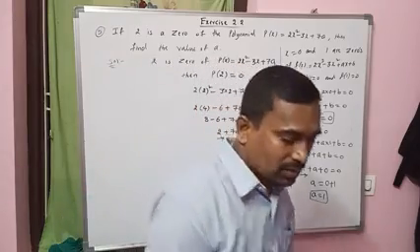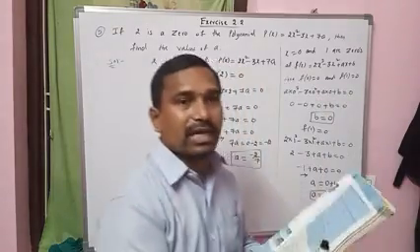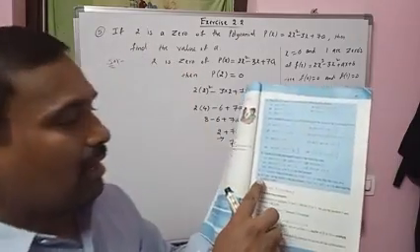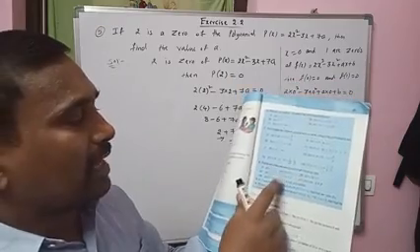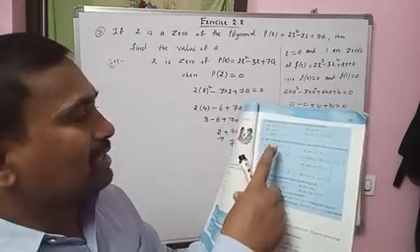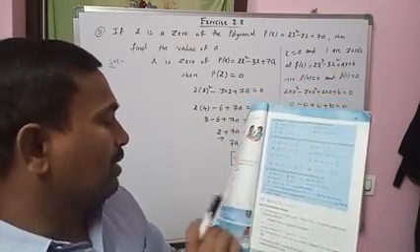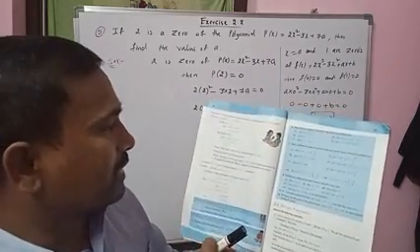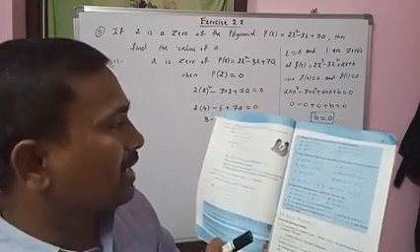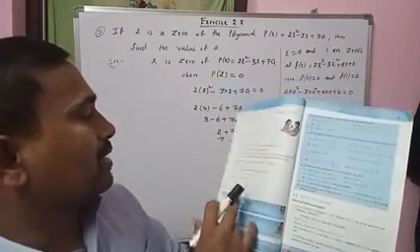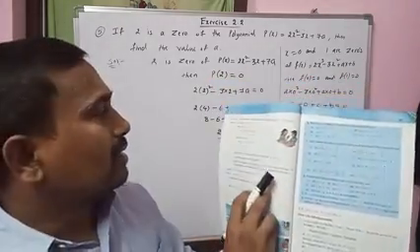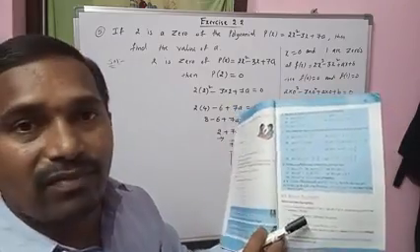Okay, students? We completed the second exercise. I explained the fifth one, sixth one. In the fourth bit also I explained 3 or 4 problems. I explained the third one also. All problems I explained from that exercise 2.2. I left some problems; you have to do those problems. Solved problems are also there, 5 solved problems. Solve this fourth example and fifth example.